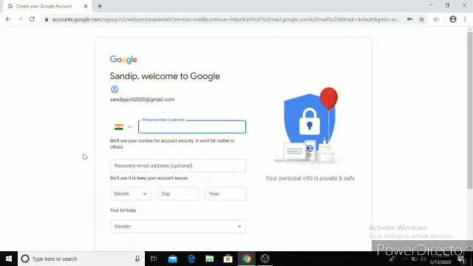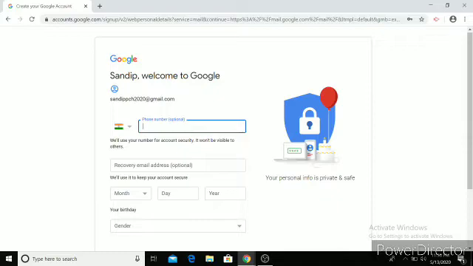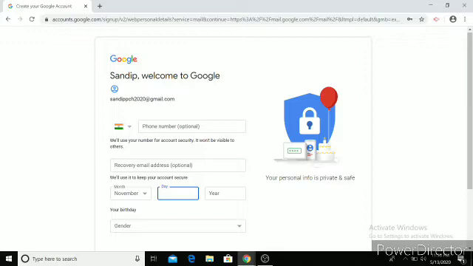What happens here is I can give my email and my phone number for account safety, and that is actually very important. But anyway we can put that down. This is optional, so even if you don't put it right now, it's okay, but later you can put it there. And then there is a recovery email which is again optional. Then you need to put your date of birth. I'll just put some random date of birth, maybe 19th November, let's say 1990.